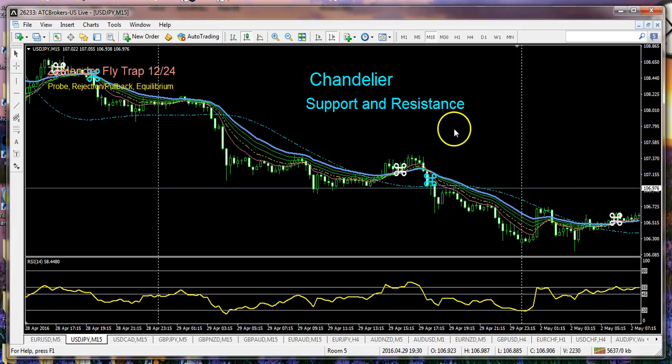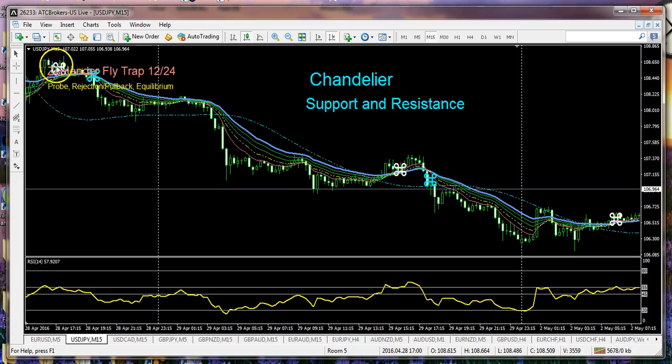The third indicator that we use in our combination is Chandelier. It's called a Chandelier, and it provides an indication of where we're likely to find support and resistance as price moves and ebbs and flows over time. In this particular case, we're still talking about the USD JPY, the US dollar versus the Japanese yen in a